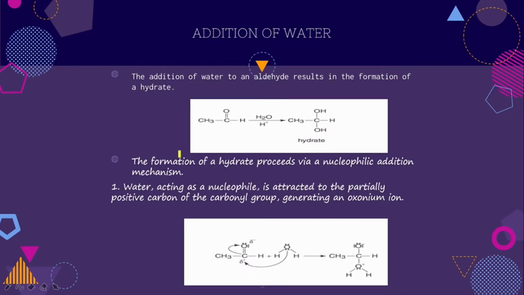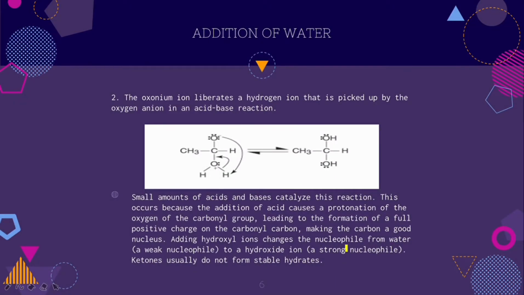Addition of water. The addition of water to an aldehyde results in the formation of a hydrate. The formation of a hydrate proceeds via a nucleophilic addition mechanism. The first step is water, acting as a nucleophile, is attracted to the partially positive carbon of the carbonyl group, generating an oxonium ion. Second, the oxonium ion liberates a hydrogen ion that is picked up by the oxygen anion